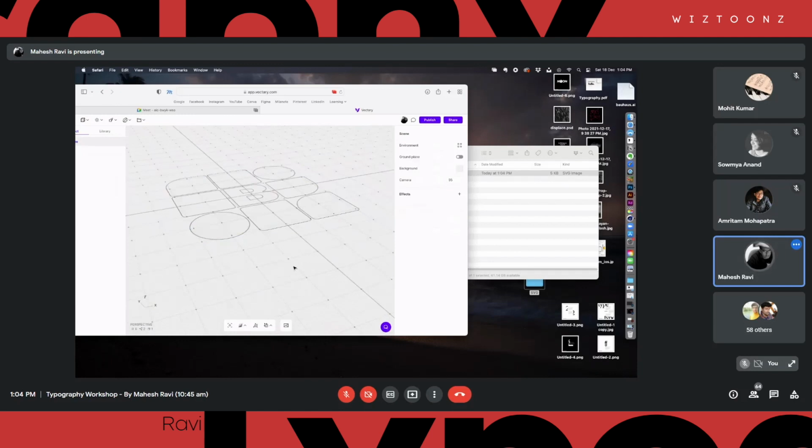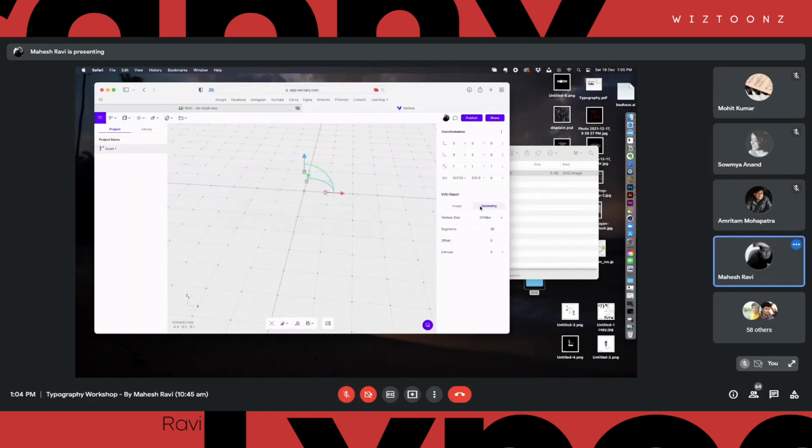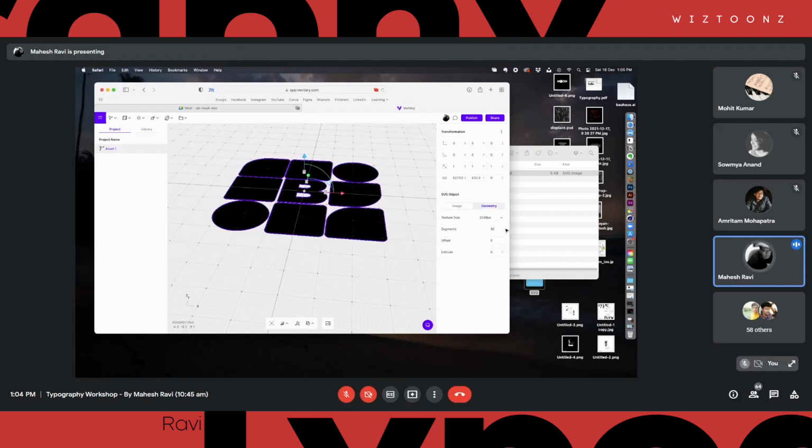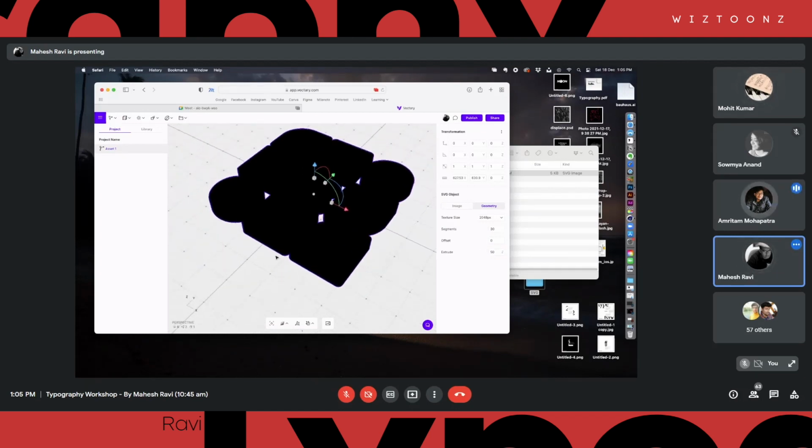Now, it's a free tool, right? It's completely free. So if you just go here, it's here, and you increase the extrusion size here. Okay, now you can see that, right? Yes, sir. All right.